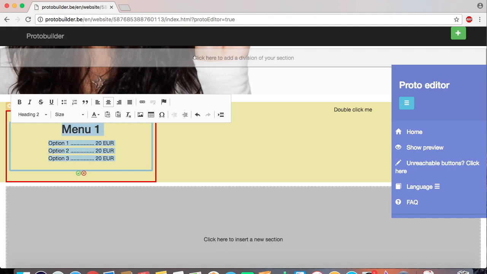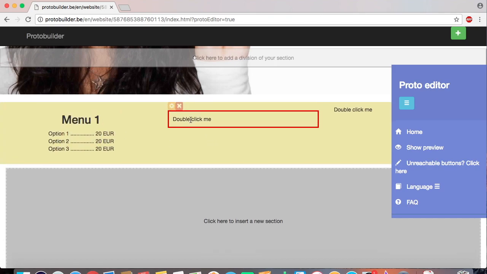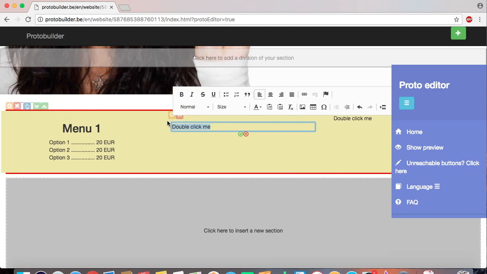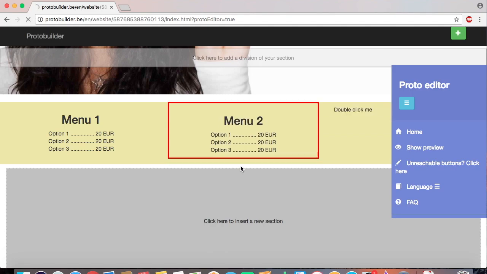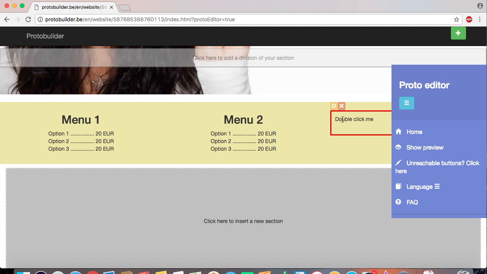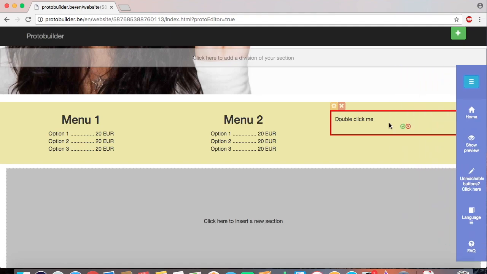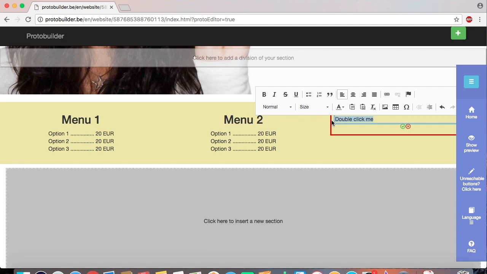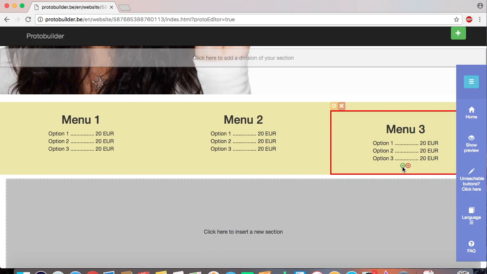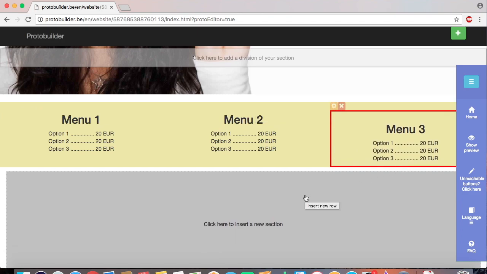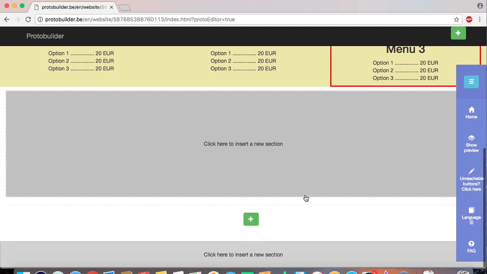I'm going to copy that text for the other 2 columns. Here, menu 2, and here, this is hidden, yep, menu 3. Perfect, so now I've got my second section, and I'm going now to add the different buttons for the social